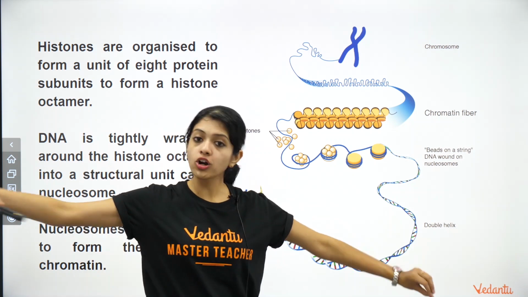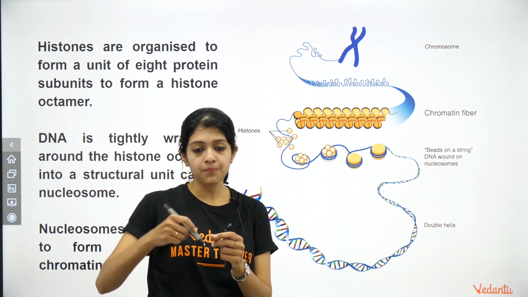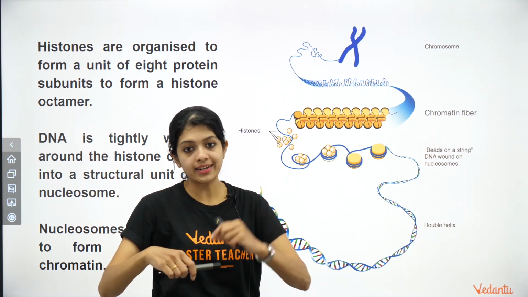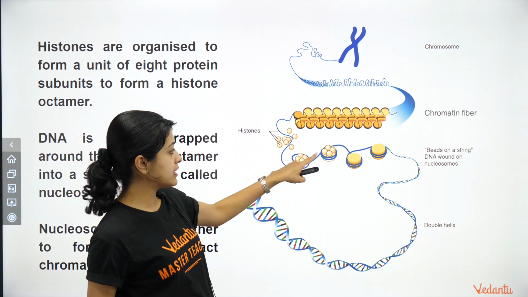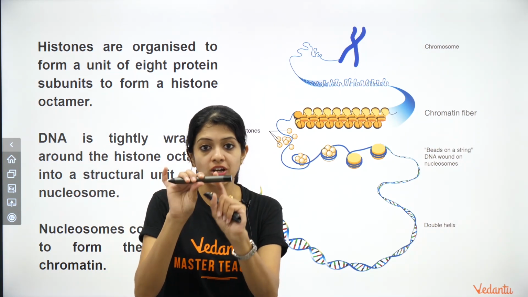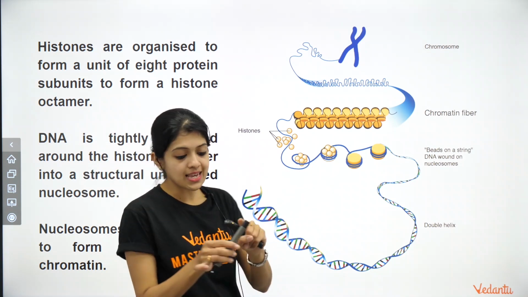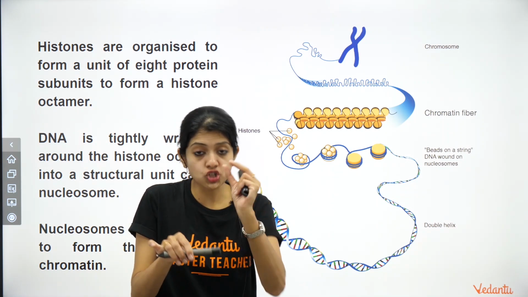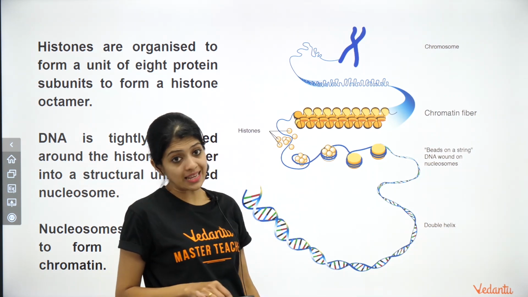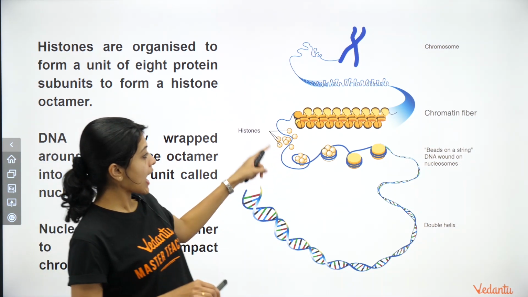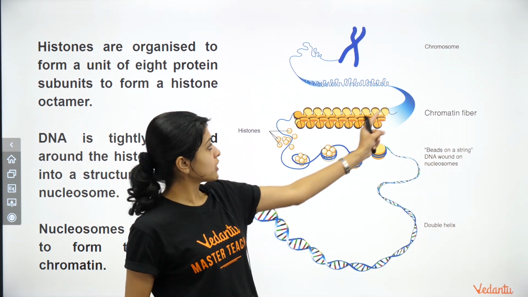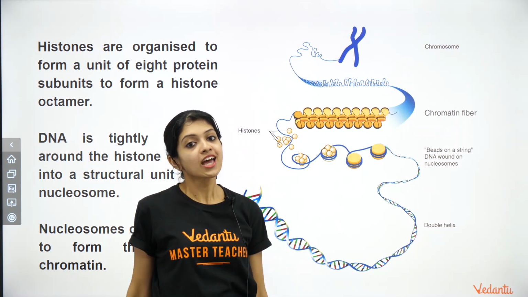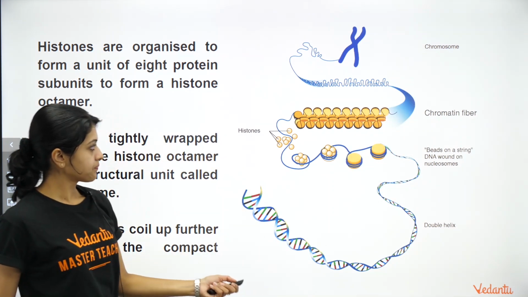Imagine you have a long thread and you have a round structure, probably this marker that I have here. I'm just winding the thread around this. That is what is happening here. And if I zoom into the structure of this marker, I would see 8 small beads making up one section of the marker, which is what the histone proteins are. And they are packed further to form the chromatin, and finally, of course, at the time of cell division, you see them as chromosomes. Okay?